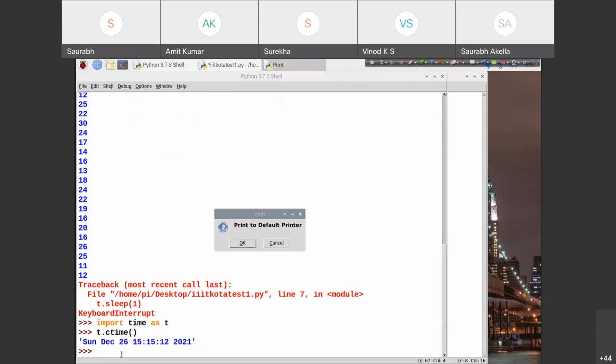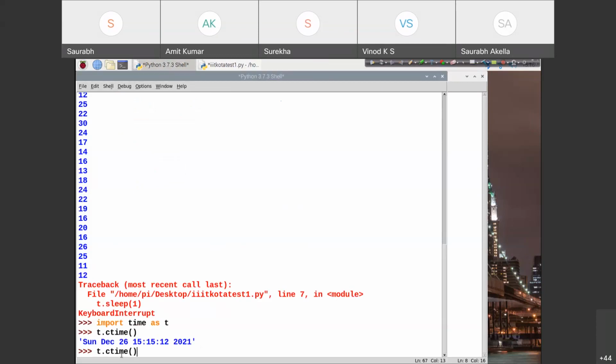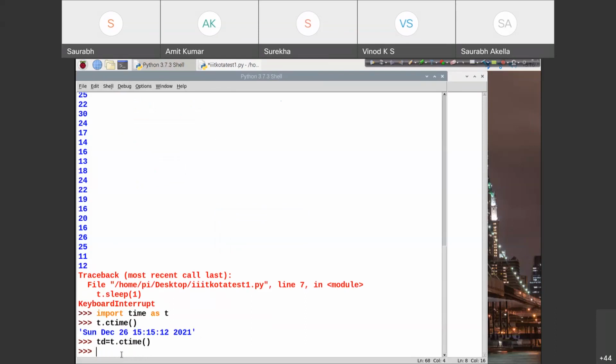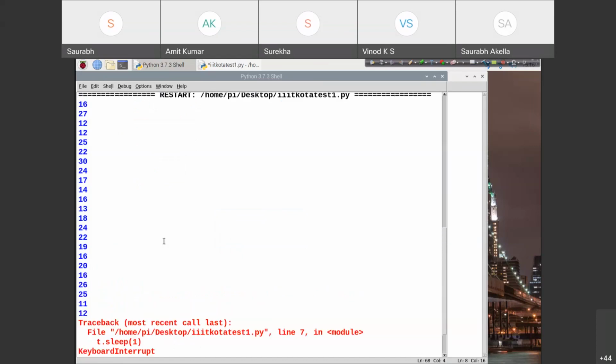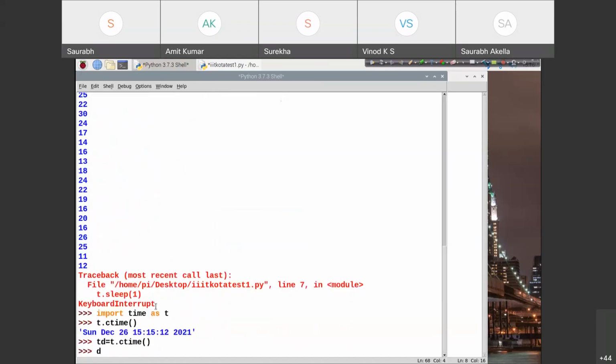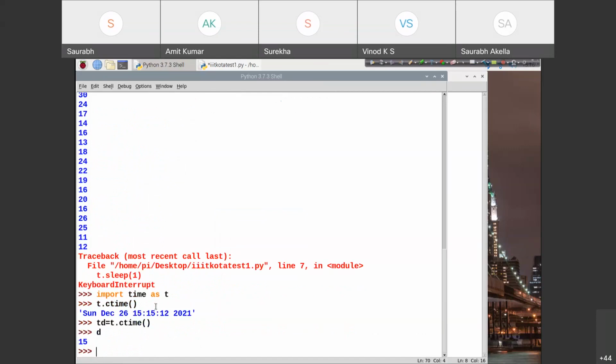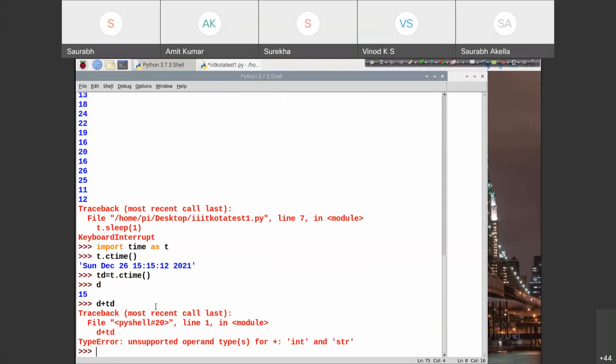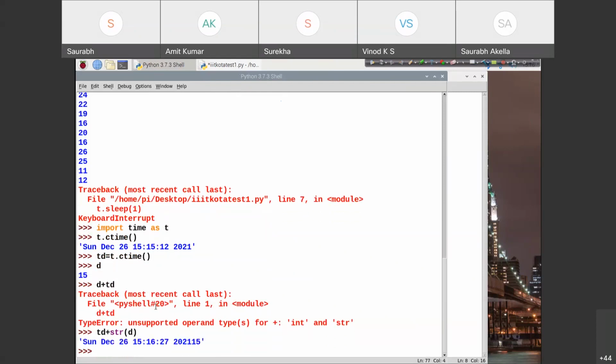Suppose I receive this data into TD, and my number here was D. So D was 15. Can we add D plus TD? No, it's not possible. So TD plus str of D will be added up: 2021 and then 15. There must be a gap in between, so that this temperature value can be separately extracted.